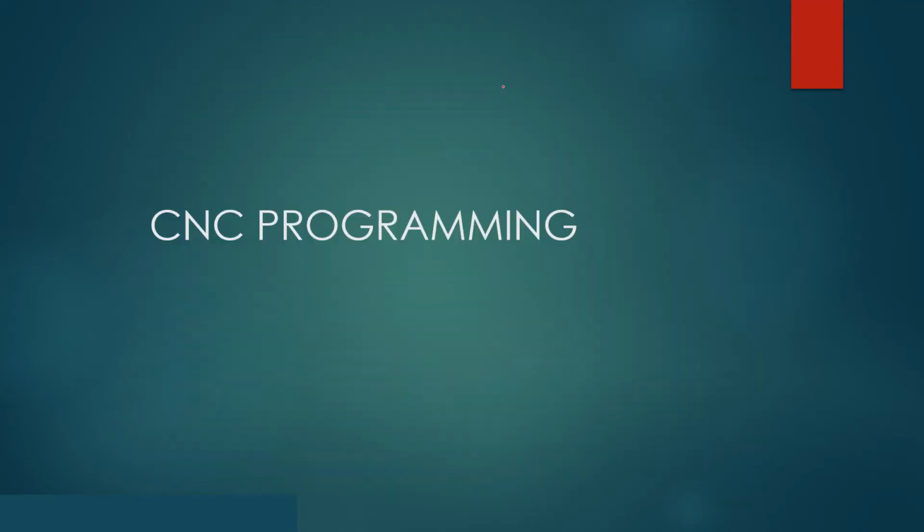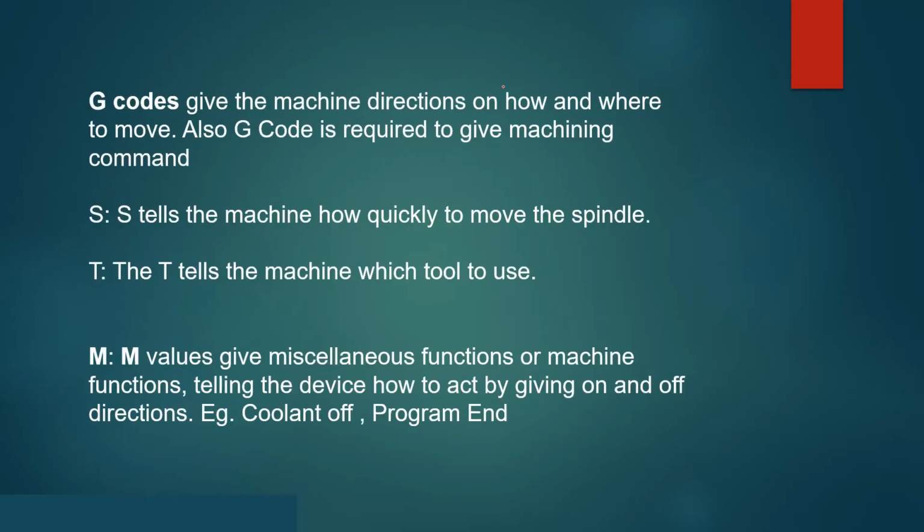CNC programming. How to do the CNC programming? This is very important in a CNC machine. In CNC programming, there are G codes, S codes, T codes, and also M codes. What is meant by G codes? G codes give the machine directions on how and where to move, and G code is also required to give machining commands. We can do the positioning of a tool, and also we can do the machining operation using these